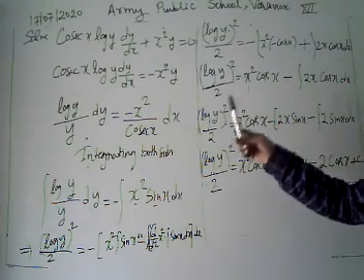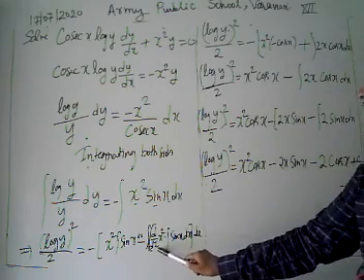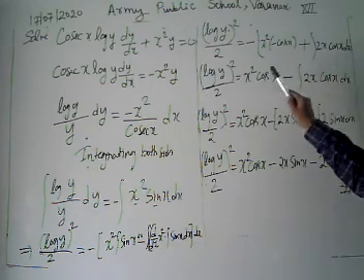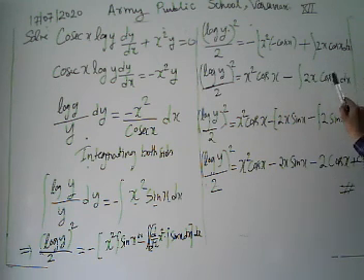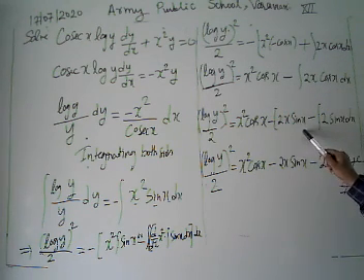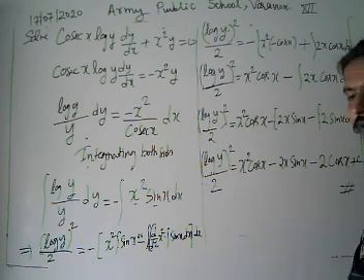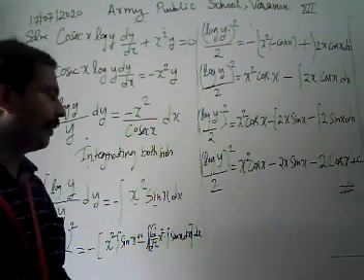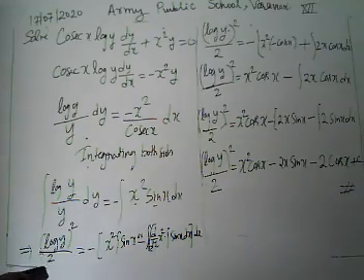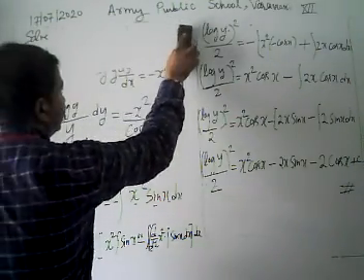Then we have x square, then sin x with the derivative 2x and minus cos x. Then again it's x square cos x. Again we are applying integration by parts, then we have 2x sin x minus the integration of 2 sin x dx. Again after integration we get minus 2 cos x. This is our final result: (log y)^2/2 is equal to x square cos x minus 2x sin x minus 2 cos x plus c. Now we have to take our next example.